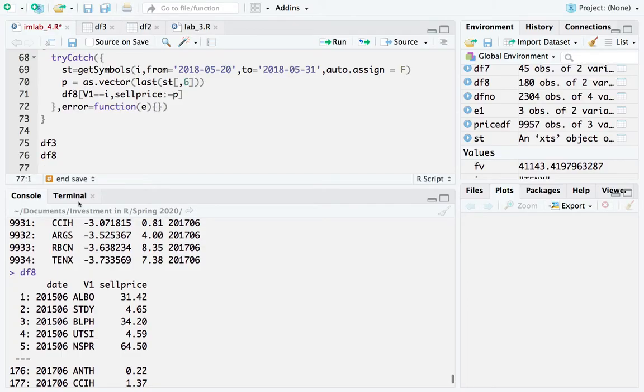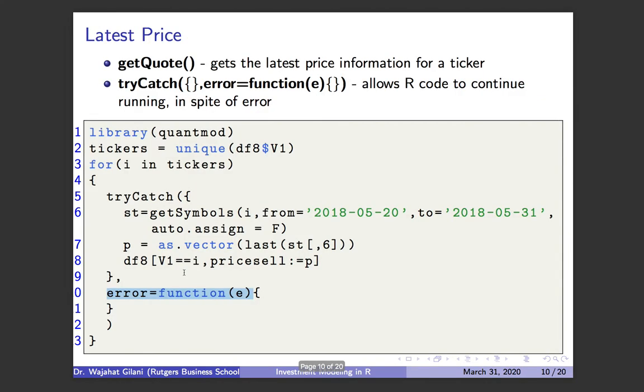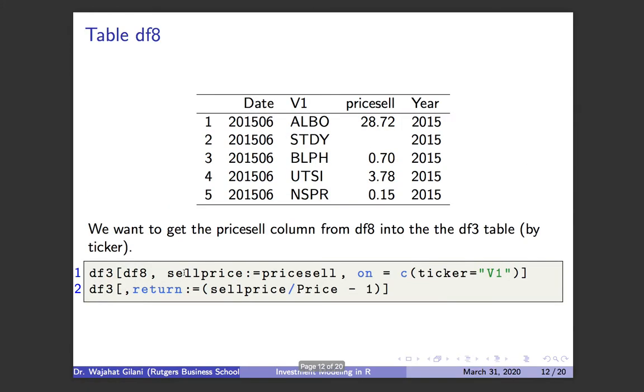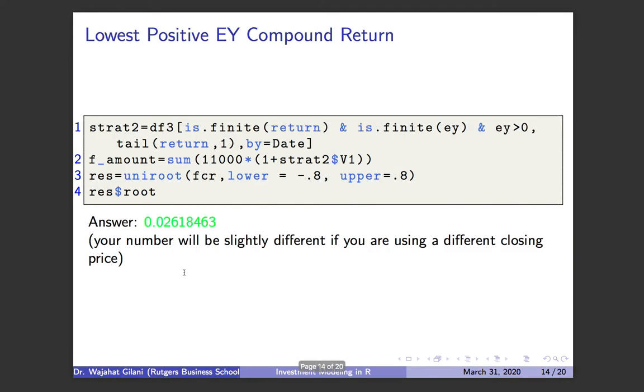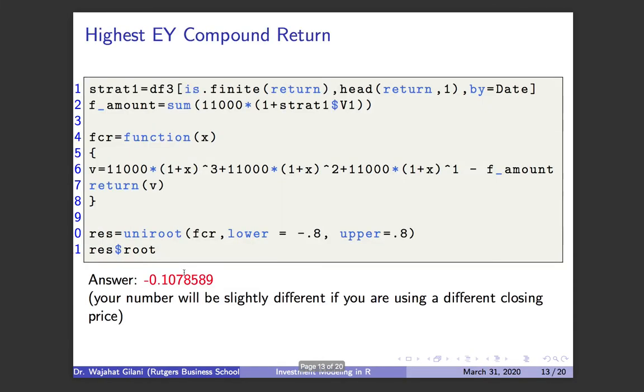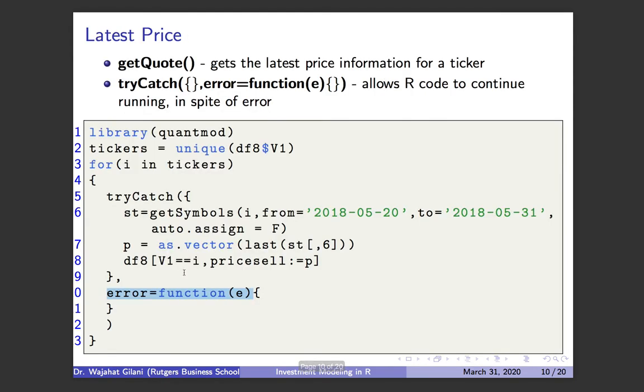Okay, yes. So here I do it to DF8, but in all honesty, for my strategies, I should probably do it to my individual tables I have. It'll probably just be so much easier that way, right? Because here I'm using DF3. So I'm going to diverge from my slides a little bit, guys. I'll show you where I diverge in my slides. The first divergence from my slides I'm doing is